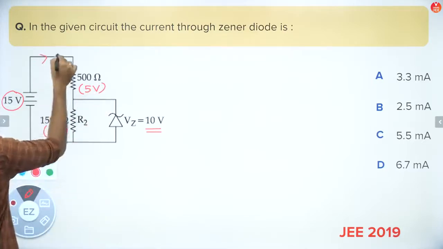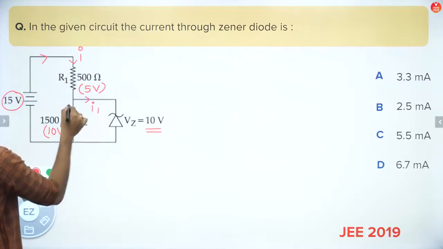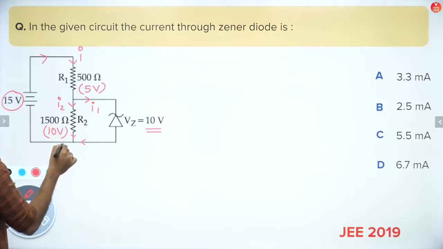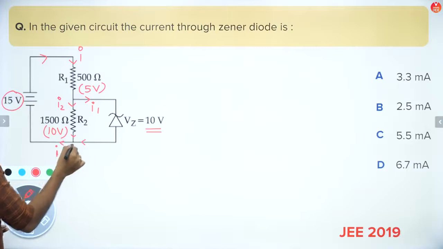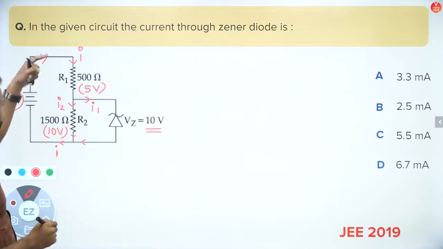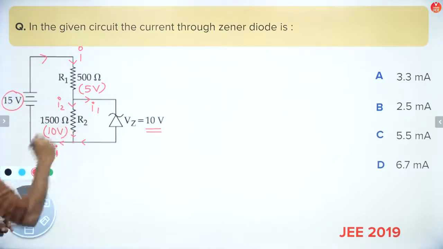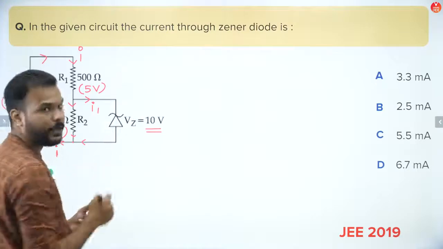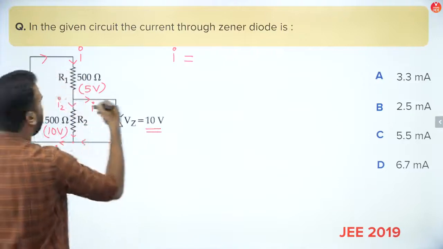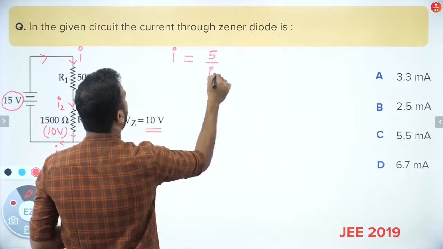Means what? Say the current I started from the battery and I1 goes to the diode and I2 goes to R2, and they both, again by using the junction rule, join to become I again to reach the battery. So let's try to find out the value of I and I2, and then we'll be using the junction rule to find out the value of I1, that is the current which is flowing through the Zener diode. Okay, guys, so I will be equal to V by R1, and that is basically 5 by R1,